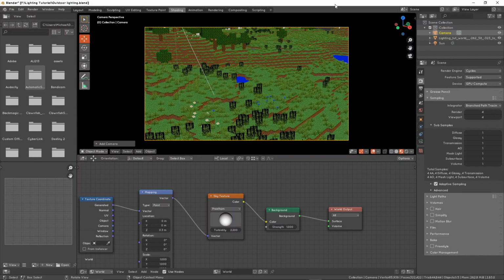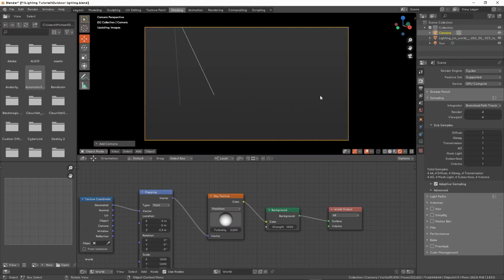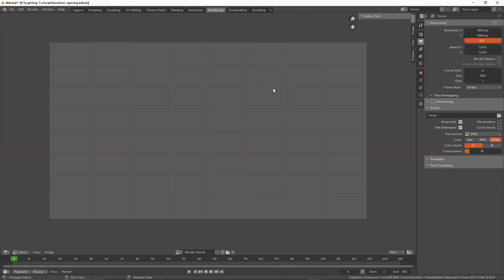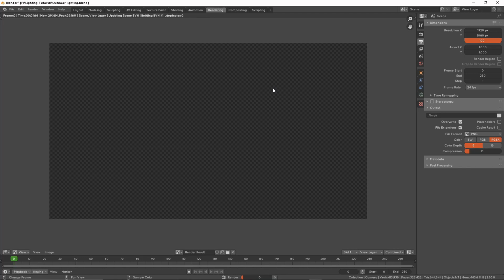And we'll just render it at 4 samples. Does 4 samples seem good? Let's see. Let's actually do our little optimization thing. 4 samples seems pretty good. Might want to turn the diffuse subsample up by 1. And then we go over to the rendering tab, just hit that big old F12 button, and it'll go ahead